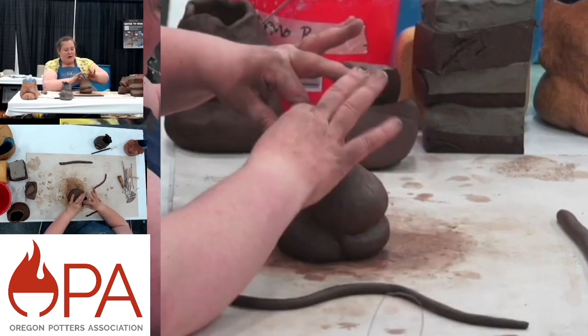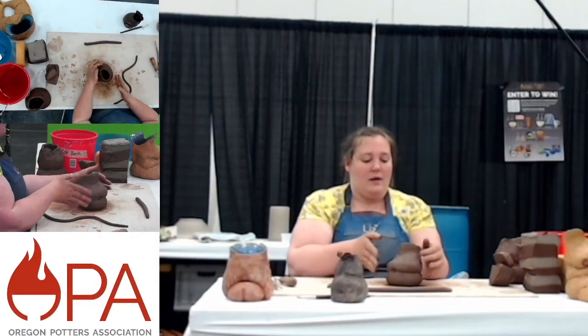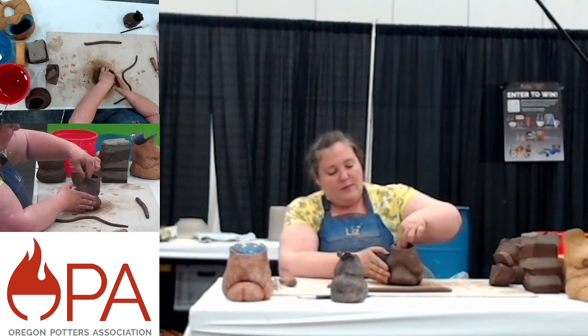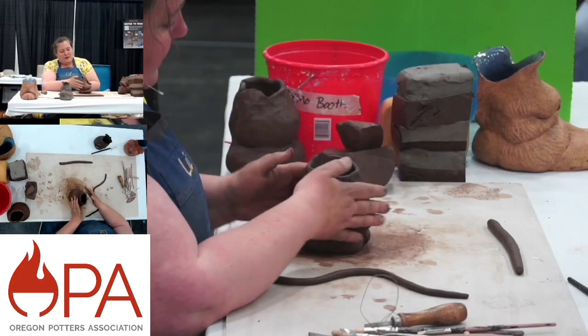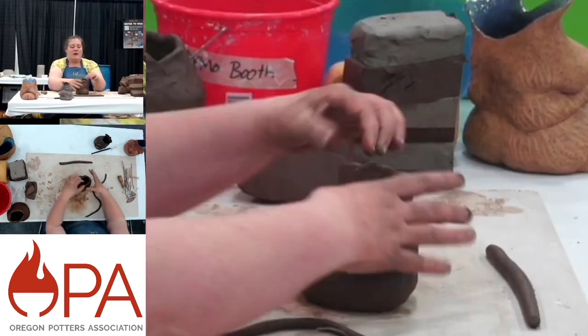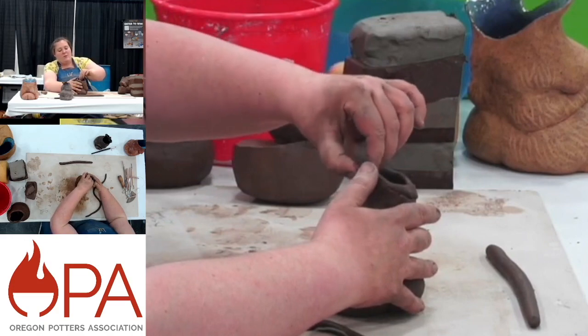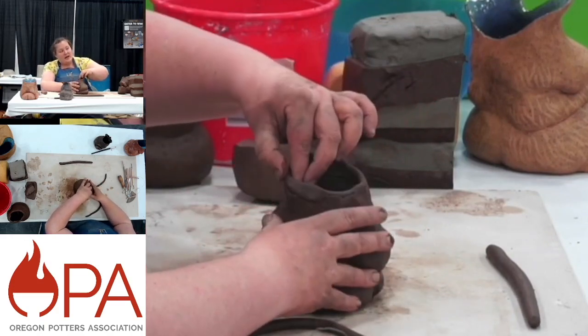Now, I broke that off there. That's our start. At this point, I think I will bring it together because I want to give myself a real nice base to bring the clay forward. So I'll start by pulling up on the outside, and it is good to go both directions if you can, at least on opposite sides,